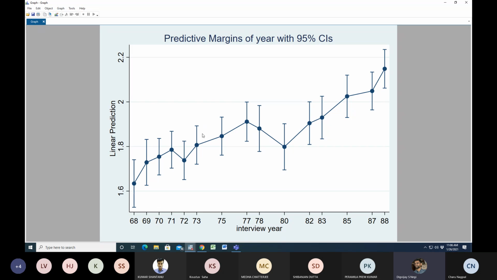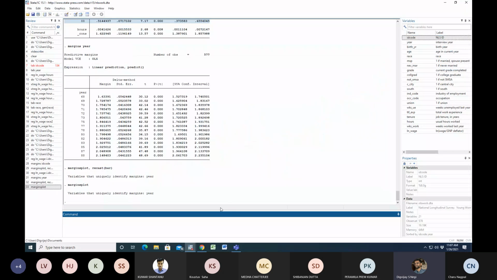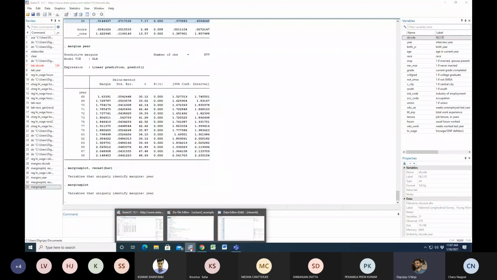But once you include these time dummies, you remove that part. The changes in wages because of growth and development over time are captured by these time dummy variables. This plot shows you these real wages, the changes in real wages. This is what time dummies and country dummies look like.